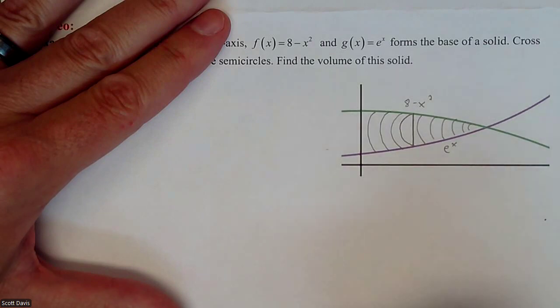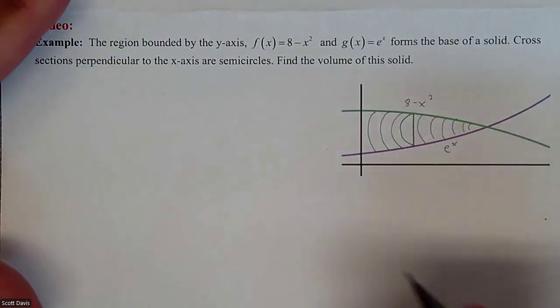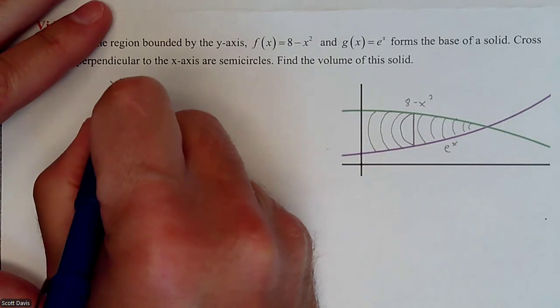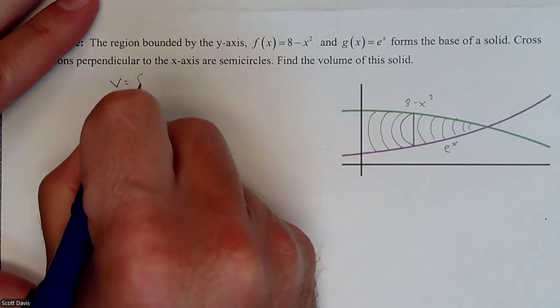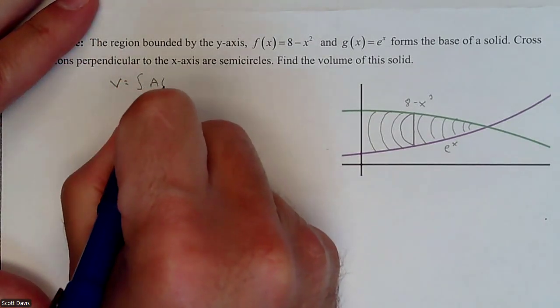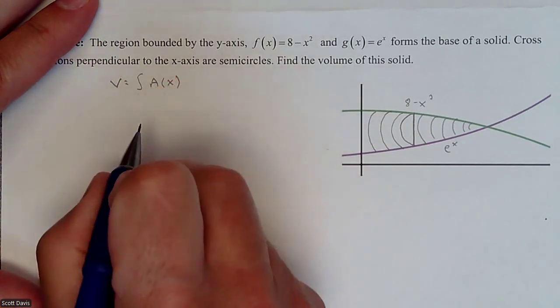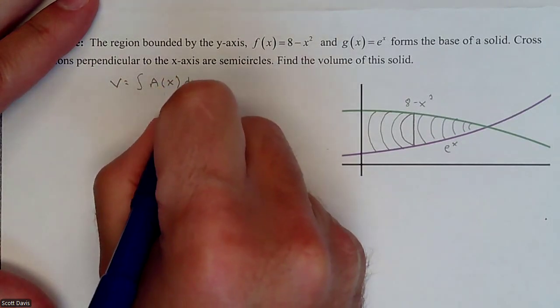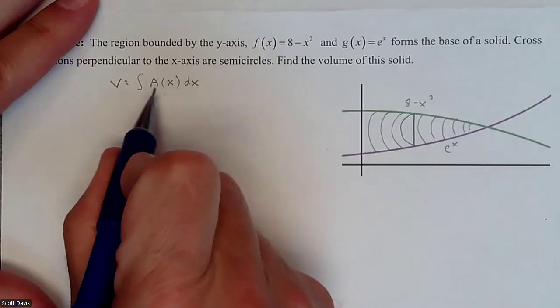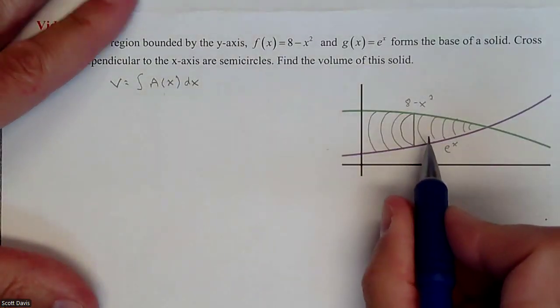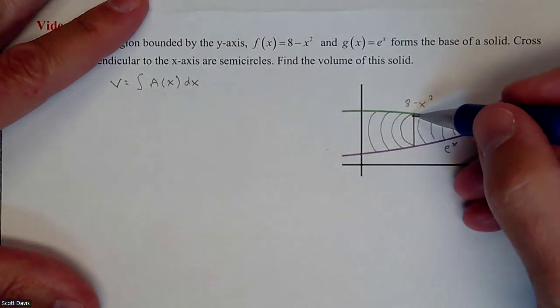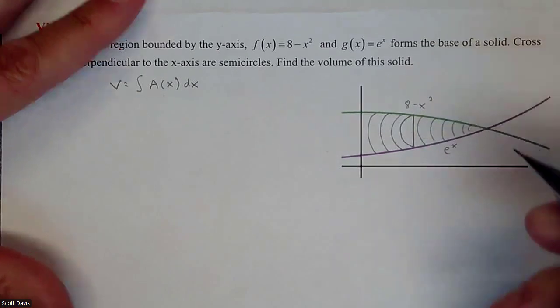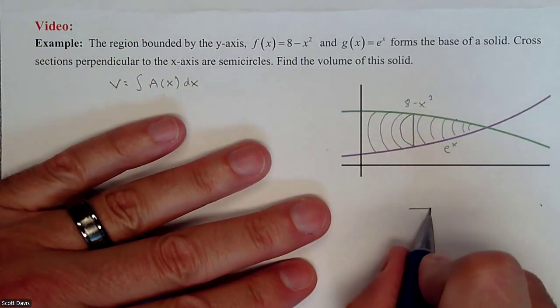So what we're trying to figure out is, for us to find the volume, we need to do the integral of the area times dx. All right, so that's the trick. How do we figure out the area that we're talking about? So the area is going to be of these semicircles. If we just take a snapshot of one of them,